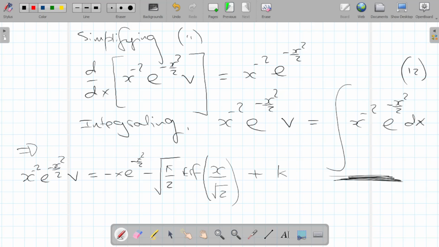And I'll just separate that from that. So that's what we now have. So we're nearly there. We're nearly finished, but not quite. Maybe another couple of slides to go. So what we can do is we can divide both sides of this equation. We'll call this equation 13. So dividing both sides of equation 13 by x to the minus 2, e to the minus x squared over 2, we get